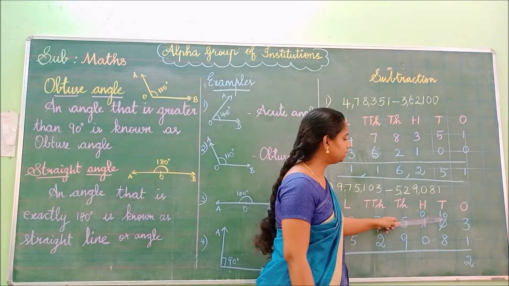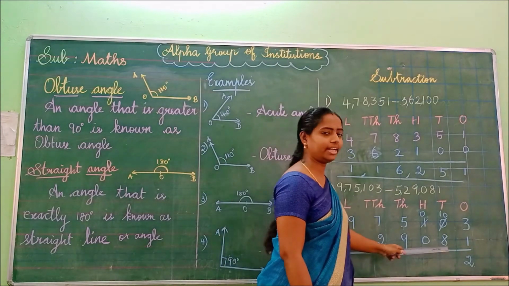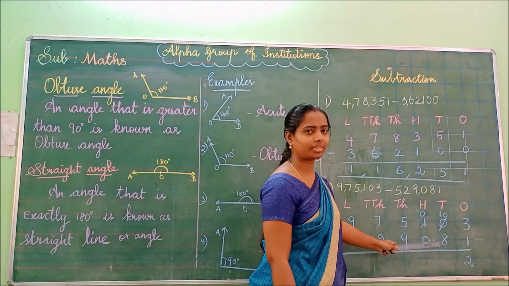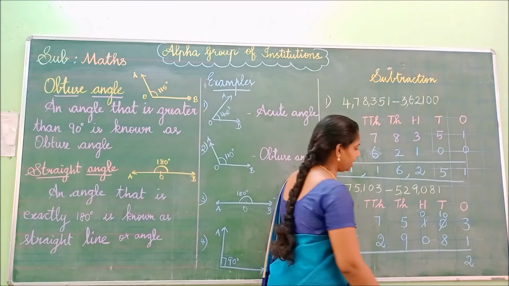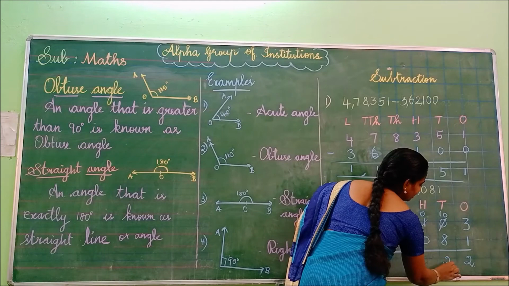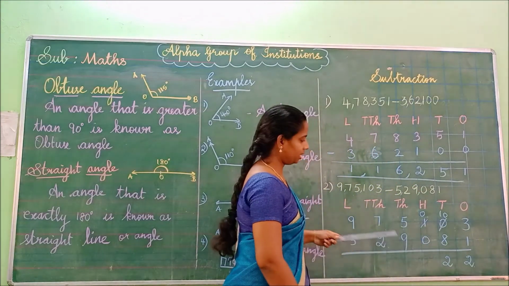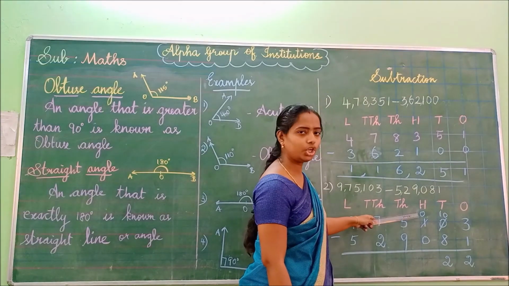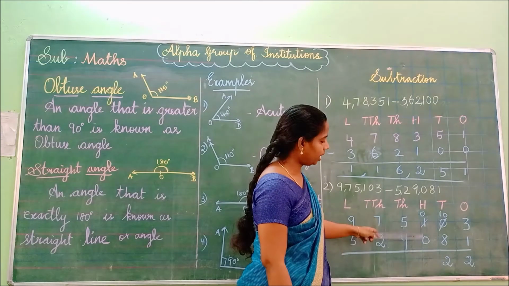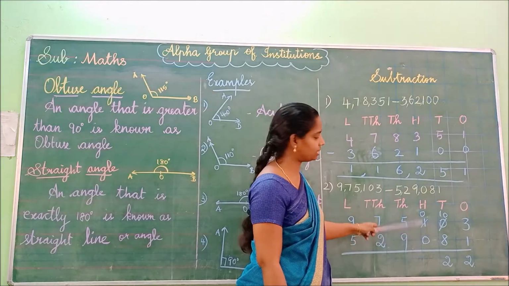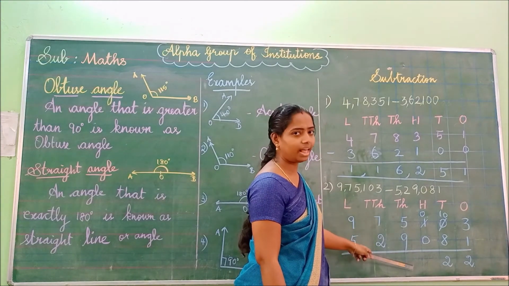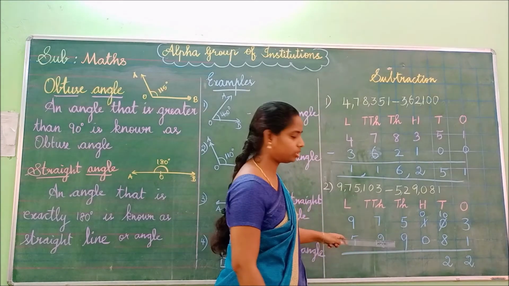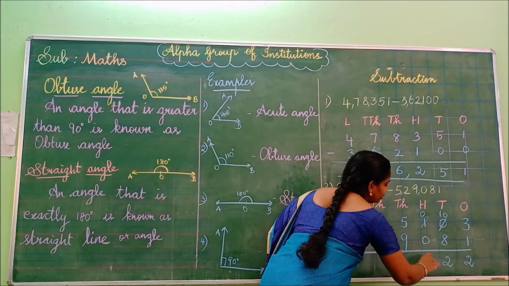Isn't it? See, we got the 10. 10 minus 8. How much, children? Yes, very good. 10 minus 8 is 2. Okay. See here, children. Move to the hundreds place. How much we have? 0. The below also we have 0. Okay. The same number. The answer also 0. Okay. 0 minus 0 is nothing. So we have the answer also 0.